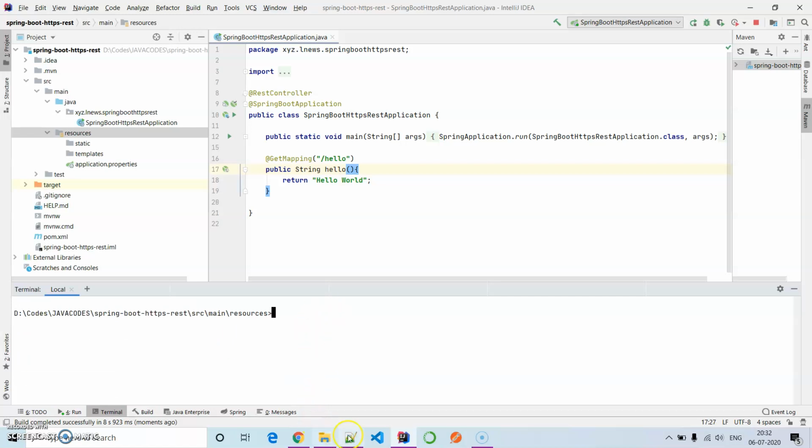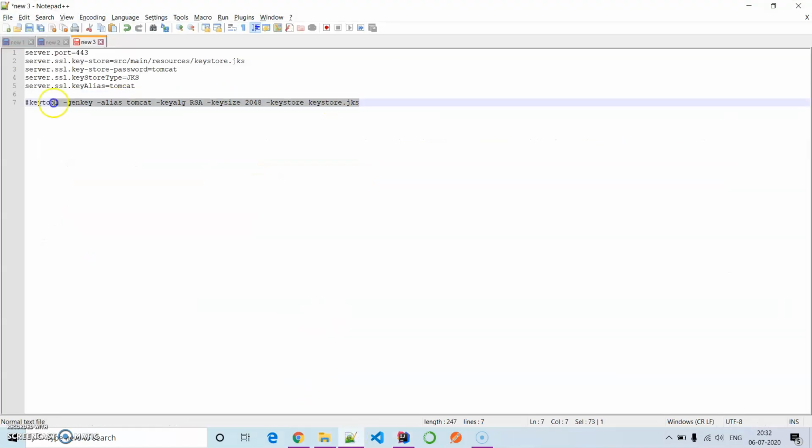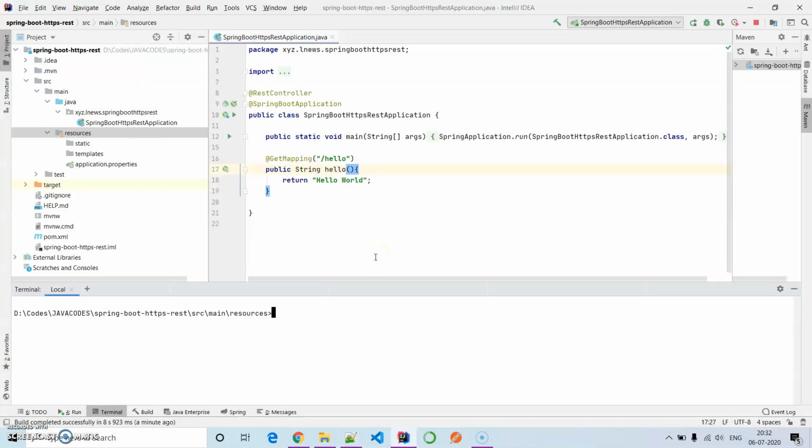Inside these resources I'm going to execute this statement: keytool -genkey with the alias Tomcat, key algorithm RSA, key size 2048, and key store name keystore.jks.